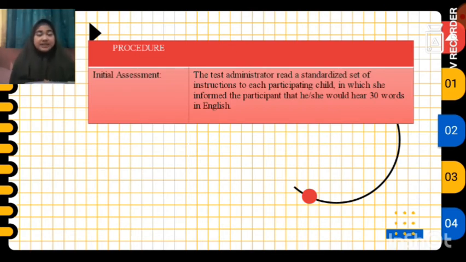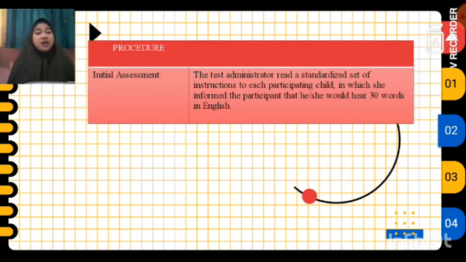The assessment took place in a quiet room within each school, and there were no other people in the room. The test administrator read the words in English. If the child knew the Persian equivalent of any of the words, she or he was asked to say it out loud. But if he or she didn't know it, he or she was asked to indicate that by saying, "I don't know." None of the children recognized and translated correctly from English to Persian any of the 30 words to be learned.